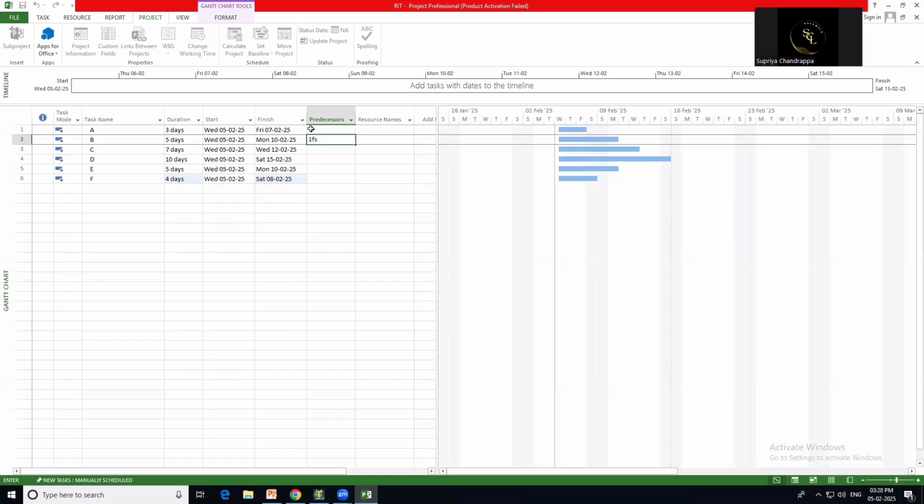But most of the time we will be using finish to start, FS only. That is why I've taken 1FS. It means that as soon as Activity A finishes, Activity B has to start. That is why I've considered it as 1FS.